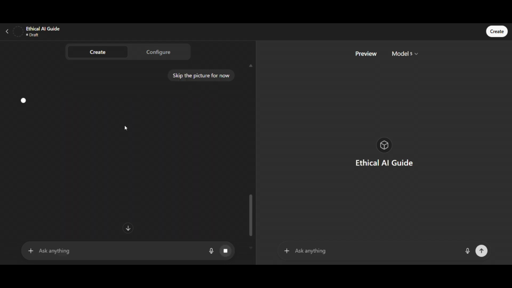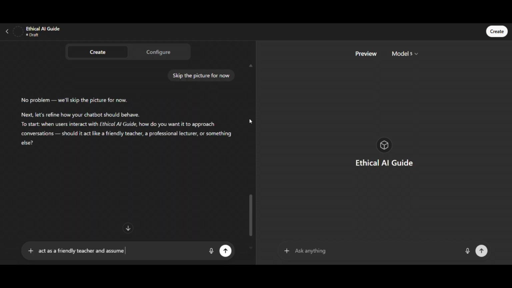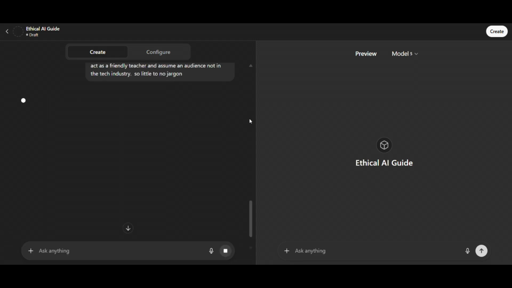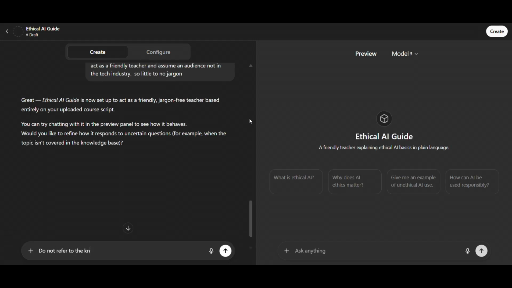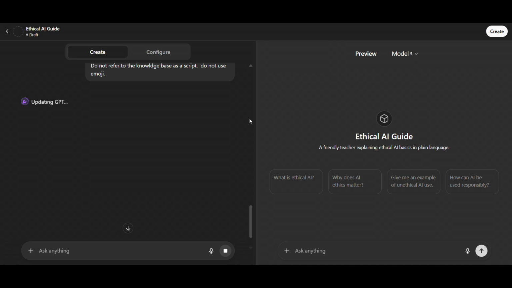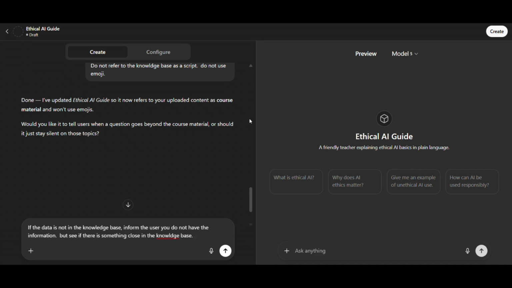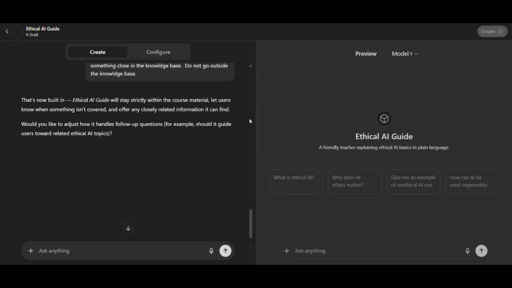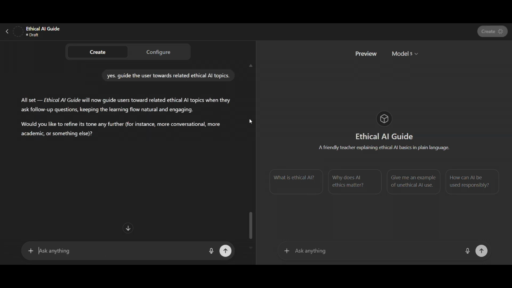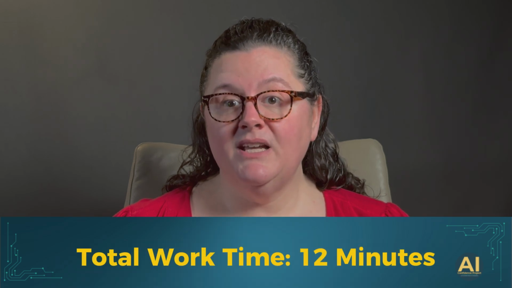After loading the document that I'm going to be using as my knowledge base, I'll then answer questions about how I would like my custom GPT to act. I'm going to speed this part up a little bit in my video, but it's going to be different depending on what it is you're building. I'm going to encourage you, though, to try this method out for yourself. Usually I'm far more satisfied with my results when I have it ask me questions to determine what I'm looking for. In all, this took me about 12 minutes if it's not sped up for typing or when the